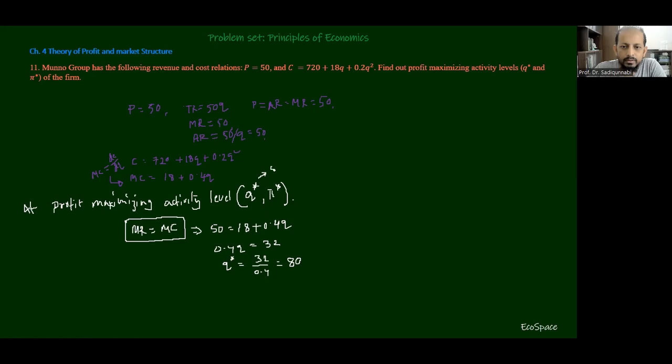That means this is 80. And how can we find the second solution? We use the profit function. That means pi equals